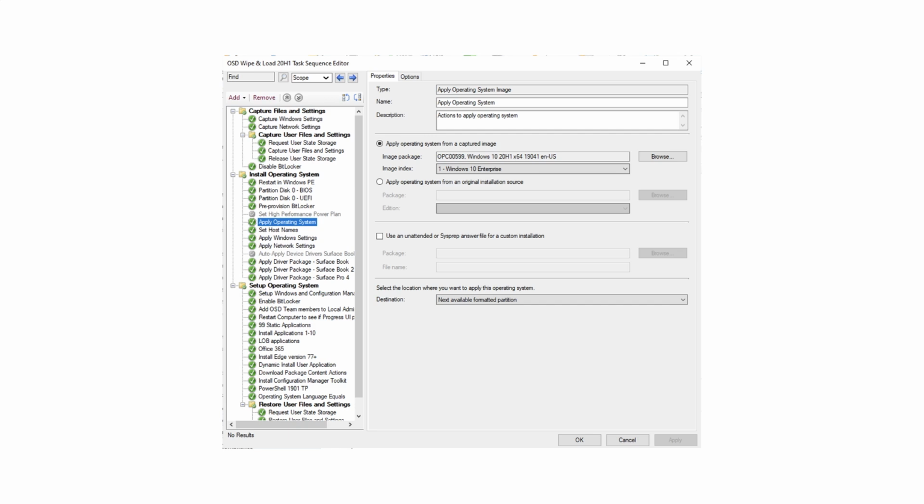Here's an example of a wipe and load operating system deployment task sequence, and it probably looks like a simplified version of what you deploy today within your organization. Most of the steps in the task sequence are related to the wiping and loading of a new image onto that device. Highlighted are the steps that are responsible for configuring the device. And by that, I mean they take the Windows 10 device and make it secure and productive according to the